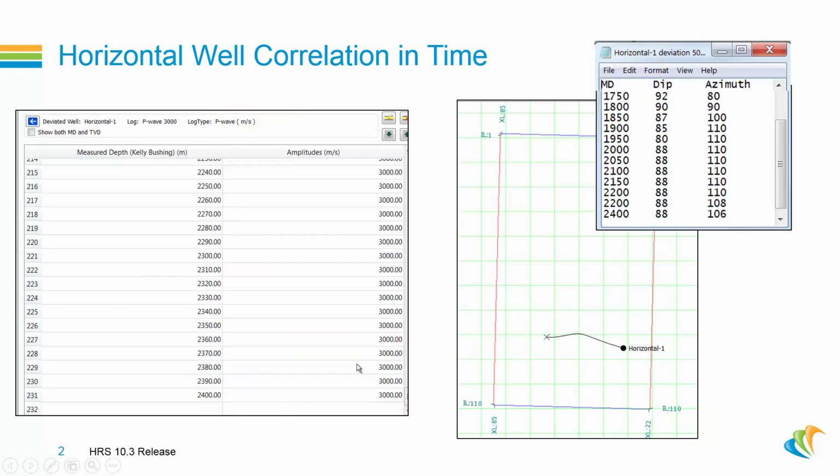In order to display an initial well path within a time seismic section, it's necessary to have a sonic log, a P-wave log. This could be copied from a nearby vertical well, or in this case, it's simply an Excel table that's been imported as a sonic log with points every 10 meters and a constant value of 3,000 meters